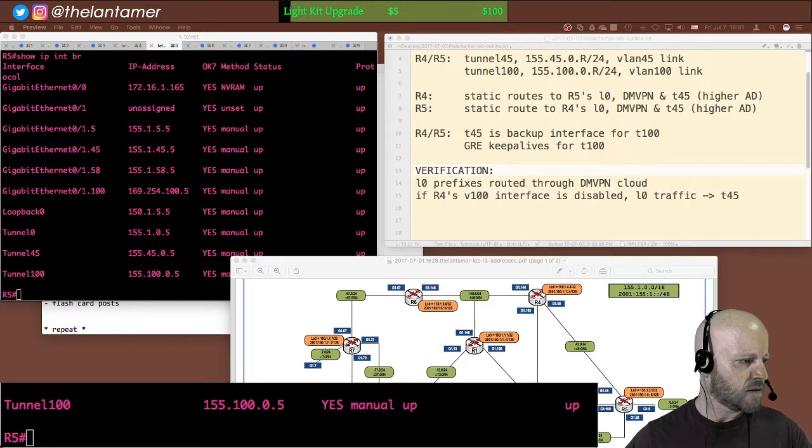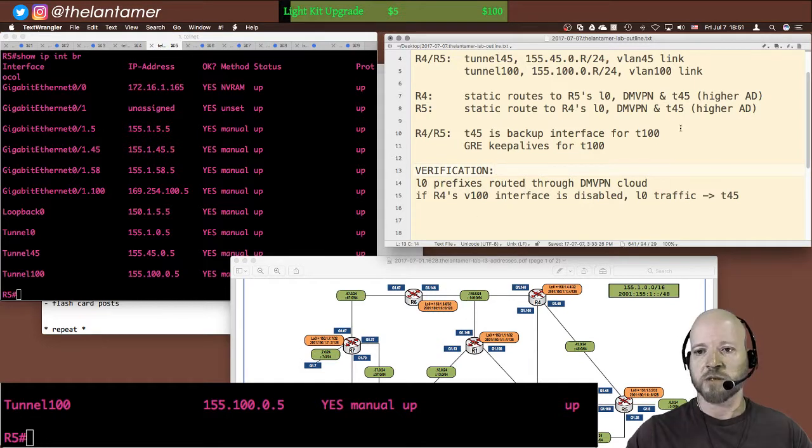So I'm creating a tunnel over a tunnel. From 100 to 0. No. All right, that's a little confusing, but essentially what I'm supposed to do, when it says DMVPN,